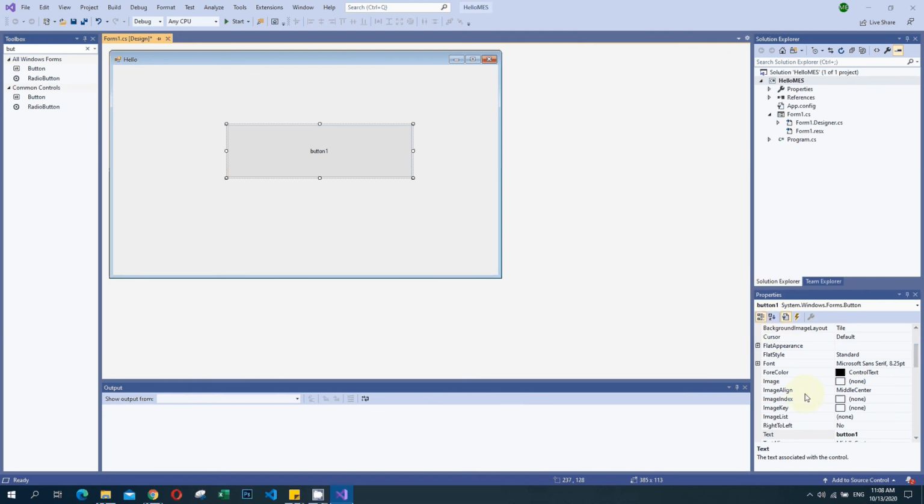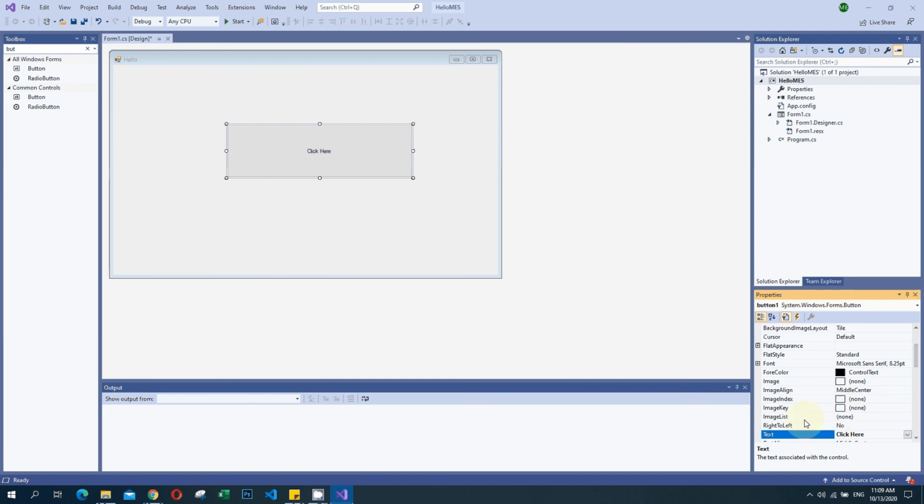Here, the first thing we are going to do is rename that button. We are renaming that button to "click here". I am changing the name like that.